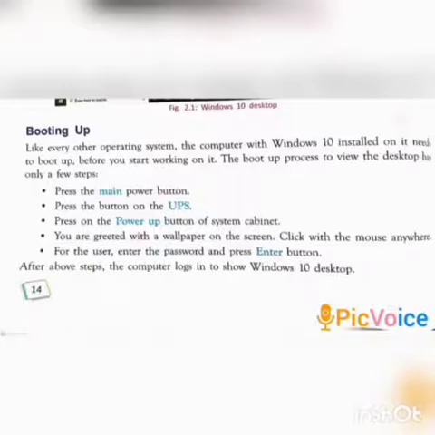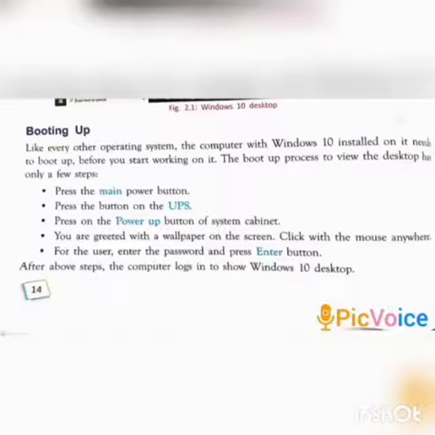Now take page number 14. The topic is booting up. Booting means that on turning on the computer, the operating system gets loaded into the memory of the computer. It is known as booting. The boot up process to view the desktop takes only a few steps.